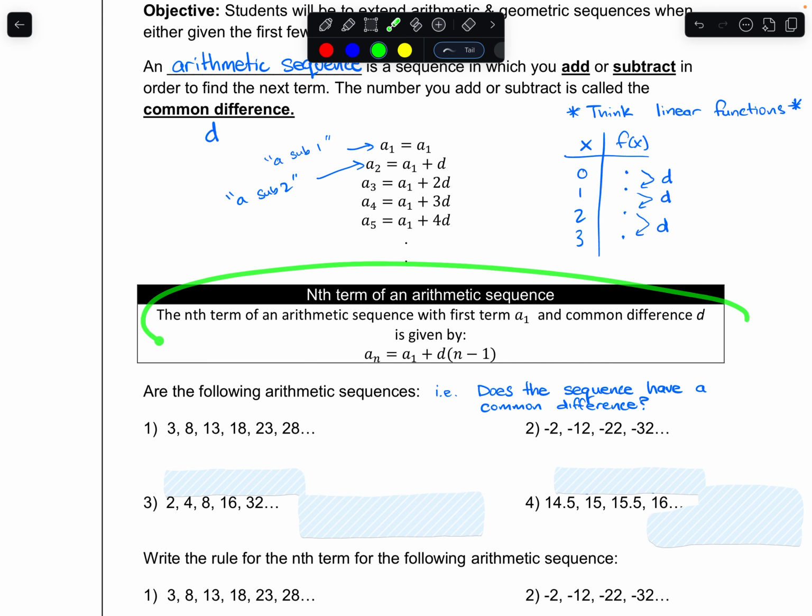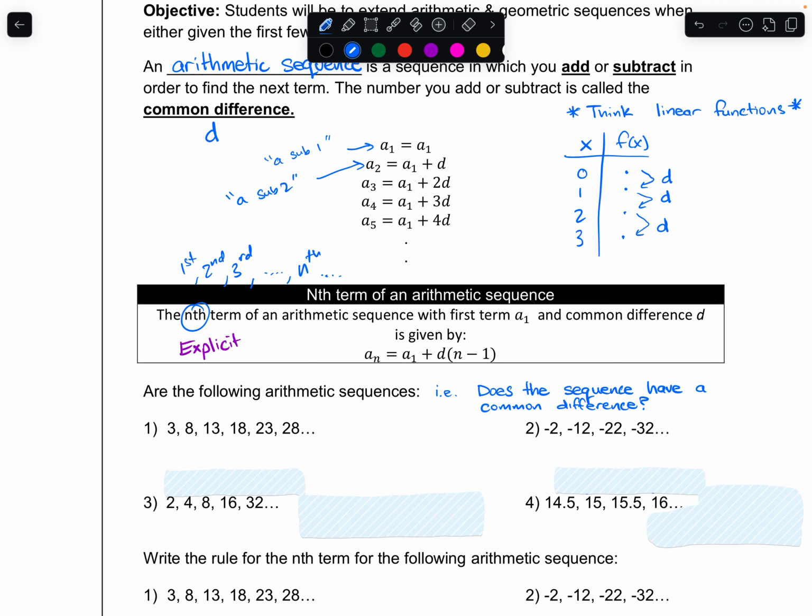So we have a rule here. This is important. I would recommend you put this on a note card. This is the explicit formula for an arithmetic sequence. The nth term, that's n with a th, really that's just like in place of first, second, third. I don't want to tell you exactly what number. This is just the nth term